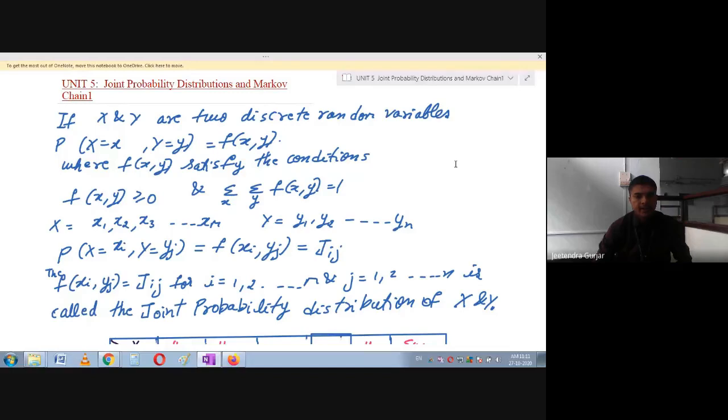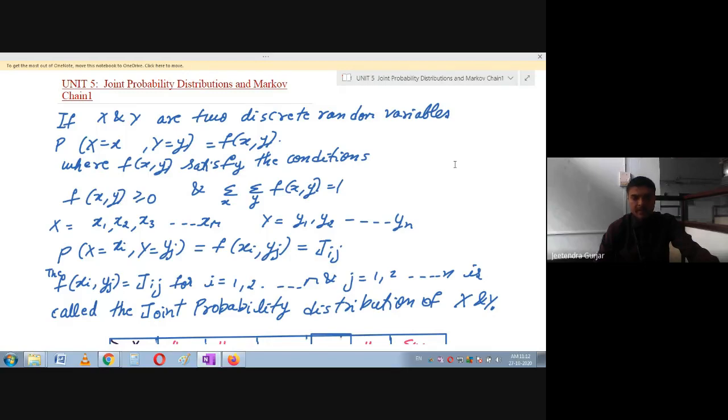So already in the last unit you have come across probability distribution. Otherwise, you can go through the last lecture and try to understand what is probability distribution. In that distribution, we have come across discrete random variables. We have seen already what discrete random variables are. Then we have come across mean and variance. All these formulas we have come across. Now we will go very simple, that is joint probability.